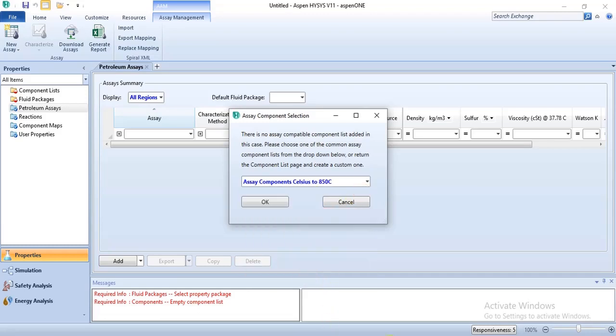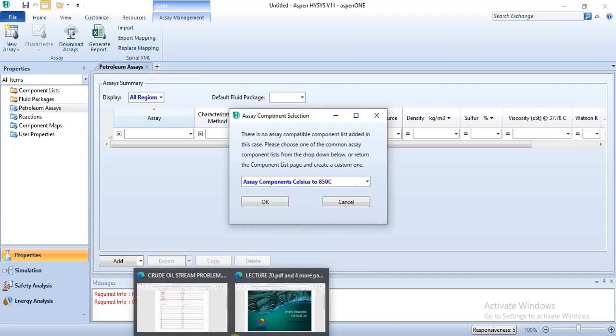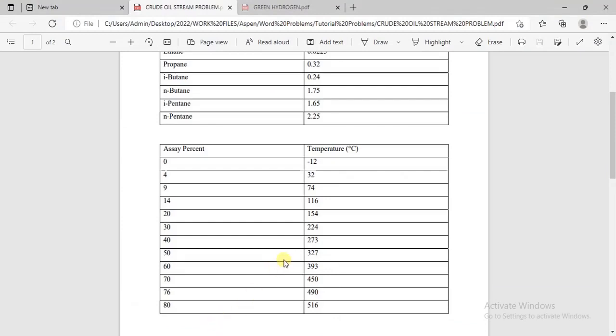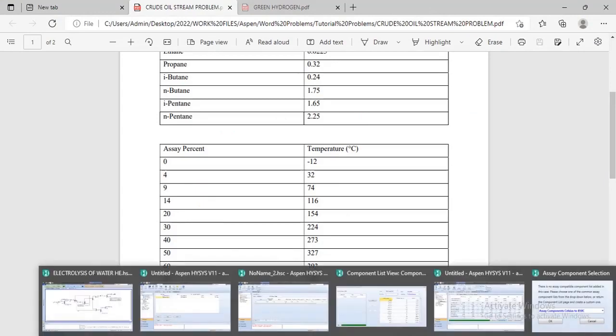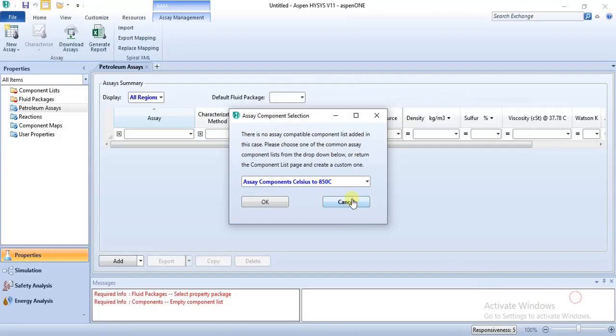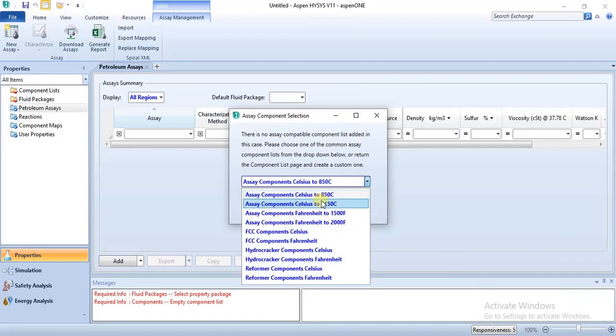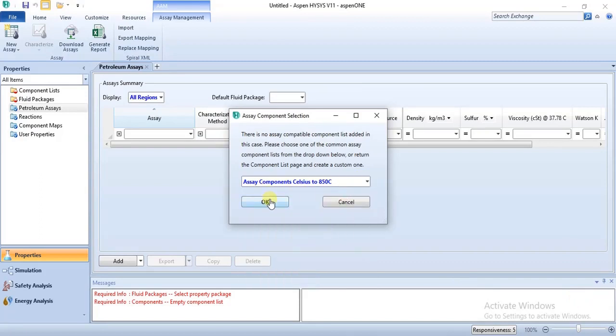Our data, our true boiling point temperature stopped at 516. So we can make use of this assay component Celsius to 850. Click on OK,